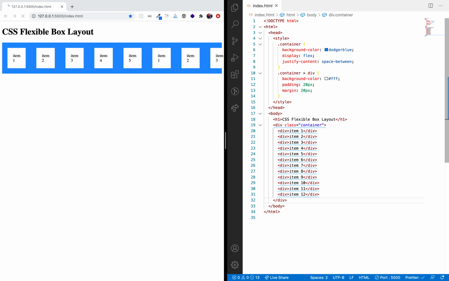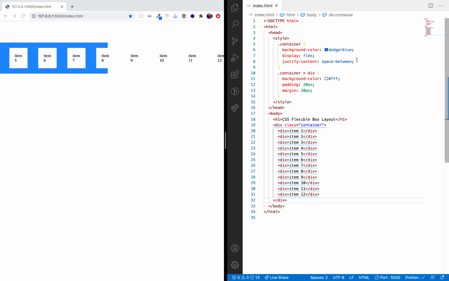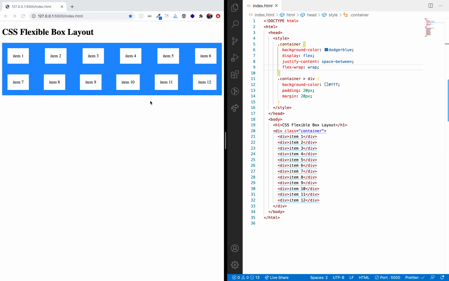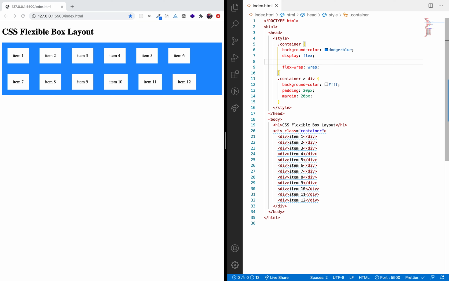So I have 12 items here, and I'm going to wrap the items using flex-wrap. This first line is one line where the first 6 items are coming, and this is a second line where the next 6 items are coming.